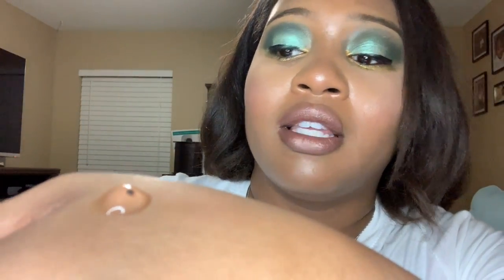To me, one of the main reasons why this is on my least favorite, I'm gonna give it another chance, you guys, because it's a high-end primer. But I'm gonna try to show you guys why. One of the things that I really don't like about this primer, you see that? This little black spot comes out. Now, I don't know if that's to help the primer grip or whatever,